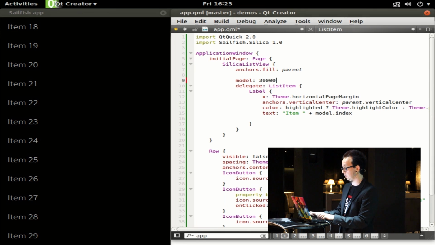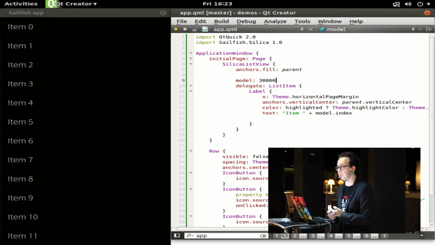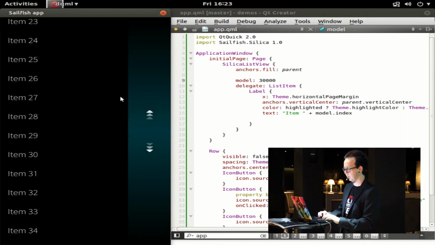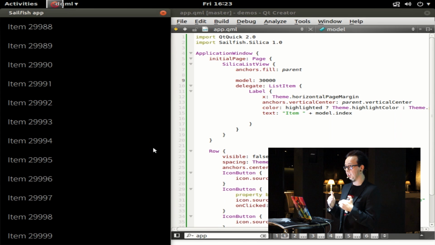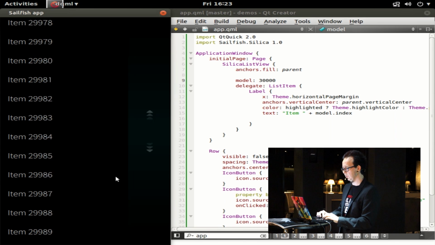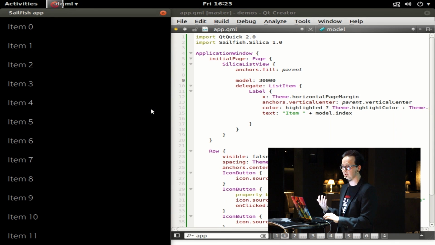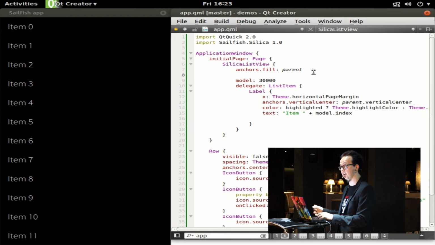I could have 30,000 items, and the performance would be the same because Qt Quick has a nice property that it only loads the items you can see. It starts loading more items when you scroll. So I can have like 3 million items here, and if the model engine can handle it, the user interface has no problem. And normally the engine can't handle it, so